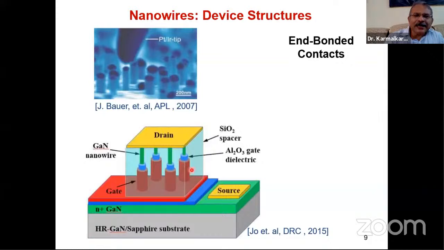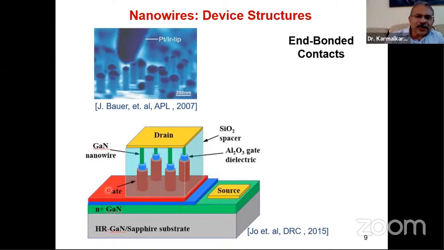On top of that, there is this gate sitting. It can be made of metal, it could be polysilicon, whatever. Now, all these gates should be connected together. So that is what has been achieved using this flat part, which gets connected to all this. So that is how you get a gate contact.